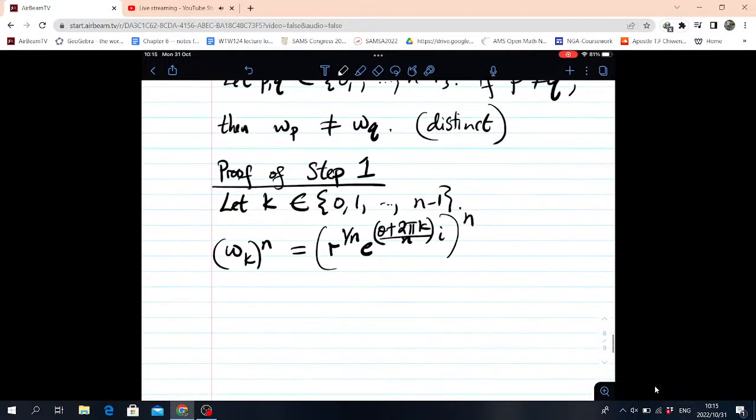We want to see if we can get z in the end, and this is simply equal to, if we write it in the